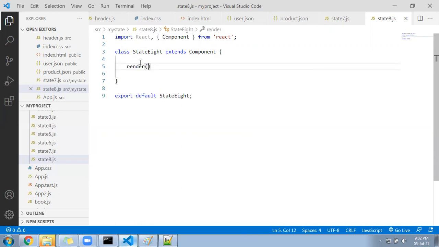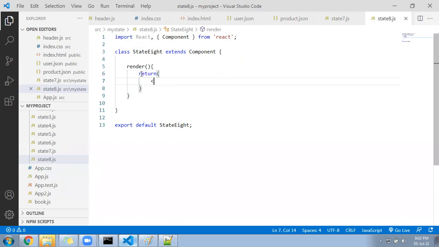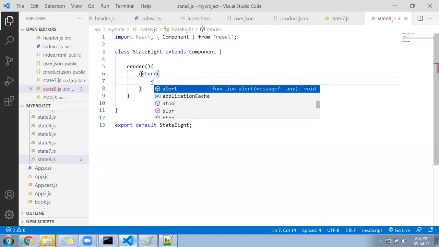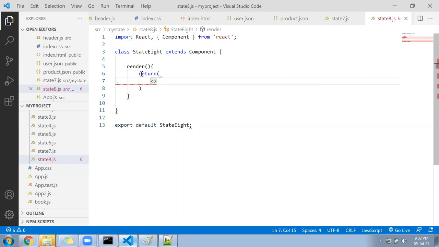Render method I'll follow, and I'll go here. I'm designing the layout first. Next I will go inside, and after that I will write here just an empty tag. I'll follow the rule of the JSX. Hold on, it should be return. Inside the return there should be an empty JSX element. Why am I following the empty? Because this becomes an empty JSX element.